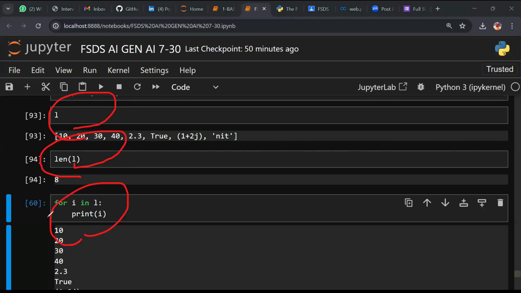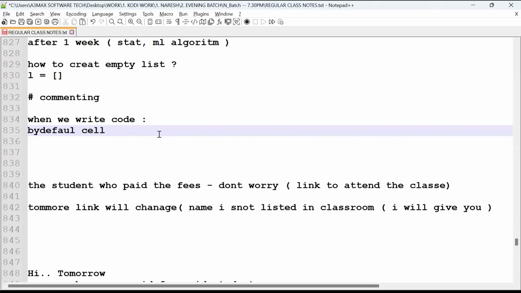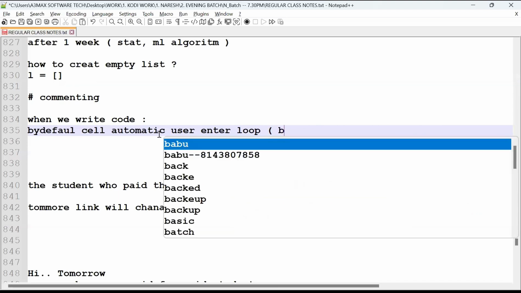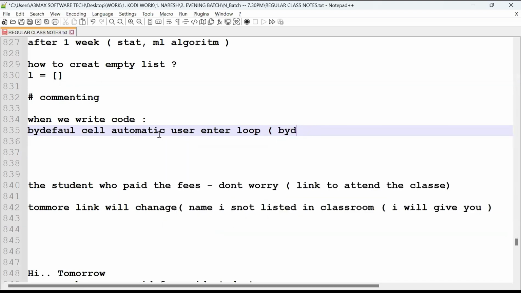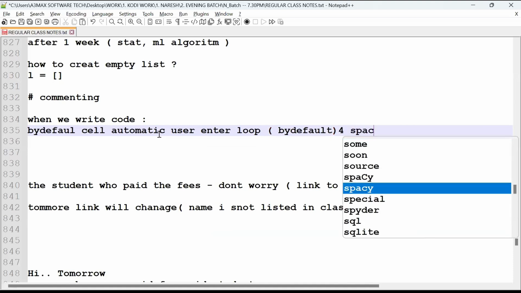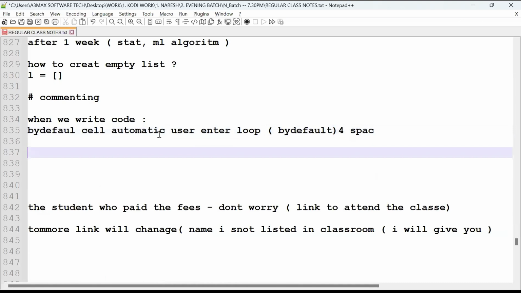The cell automatically understands that a user entered a loop, and gives by default 4 spaces. Always remember this. By default, how many spaces? 4 spaces. And it happens automatically. That's why Python is called a dynamic programming language.